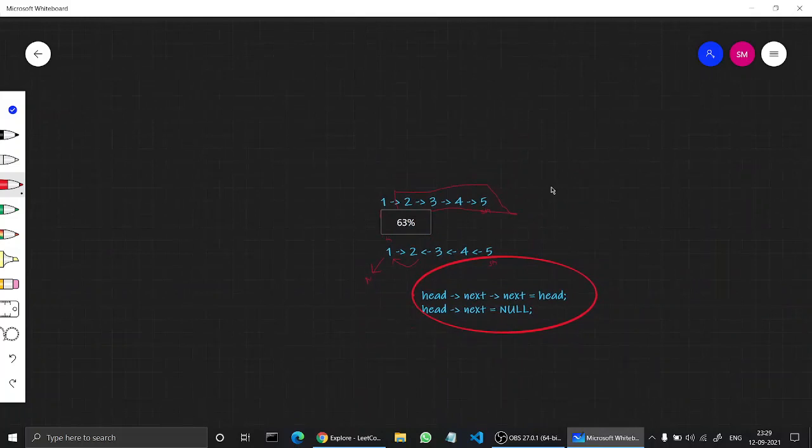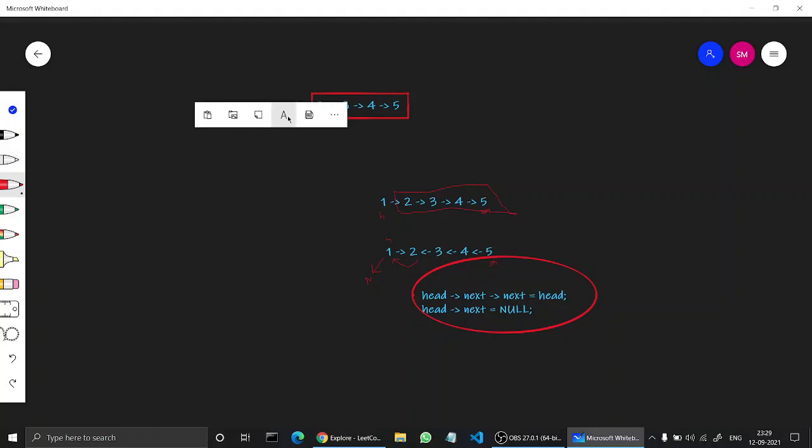So let's try to run this. What is happening here? We initially have a linked list which is this. Our head is here, so it will call for this part of the list and get a reversed list from here. In this list, which is 2, 3, 4, 5,